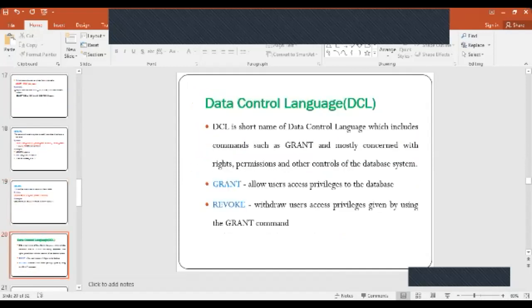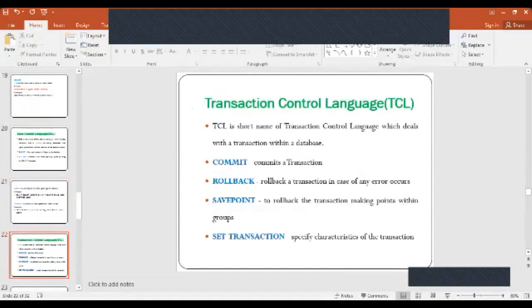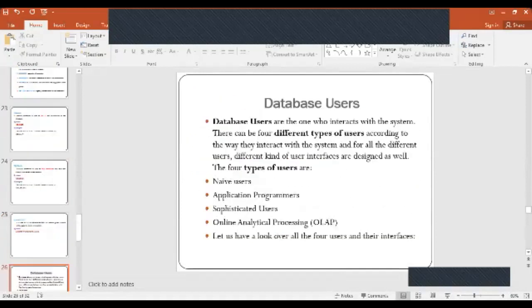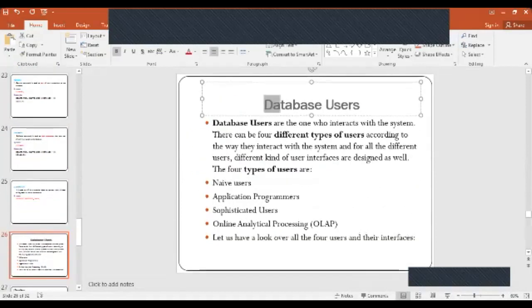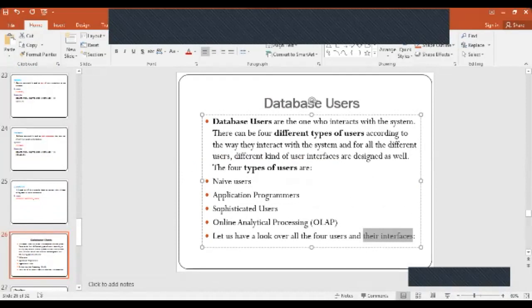Then we saw DCL, that is granting and revoking. These are some of the important previous questions: your DML and DDL. Next is TCL. Then what are the database users and the interfaces which we are using. This is also one of the previous questions from previous question papers.